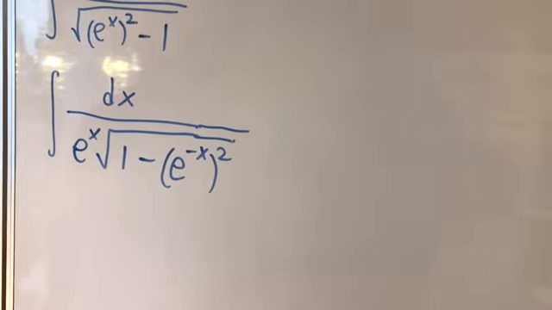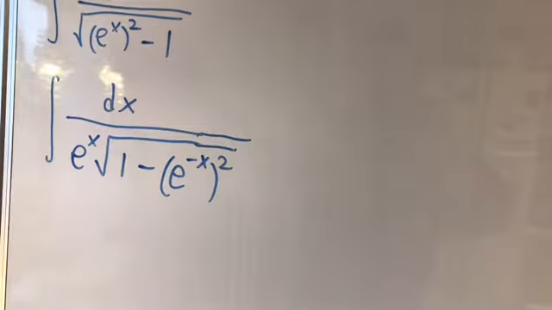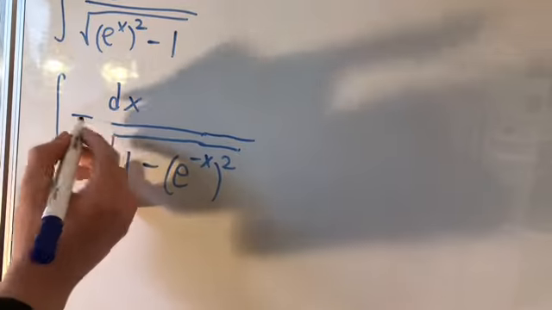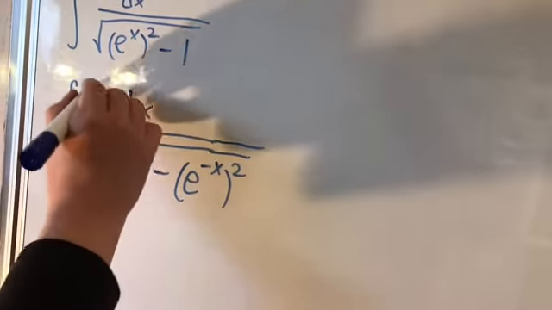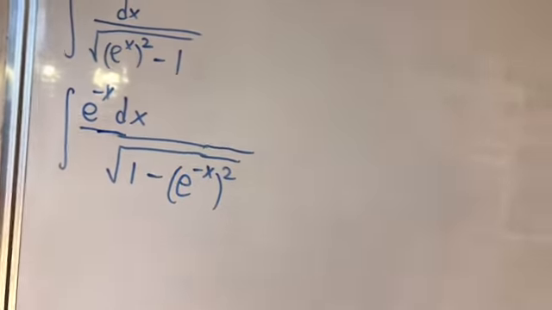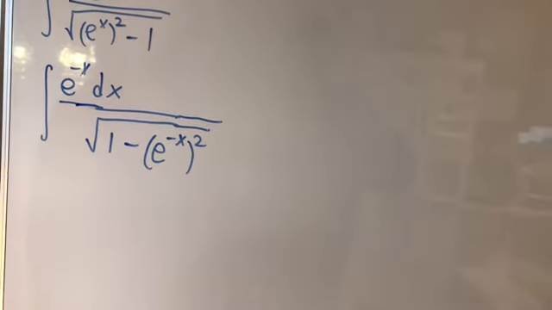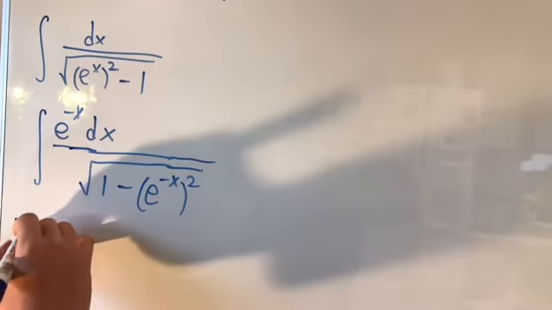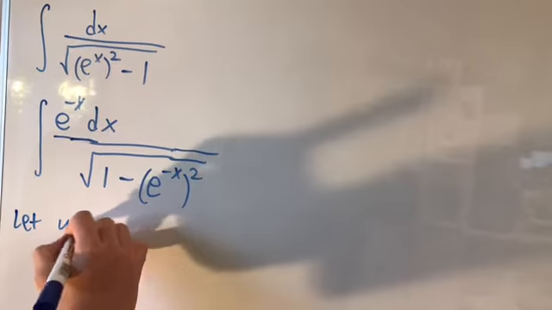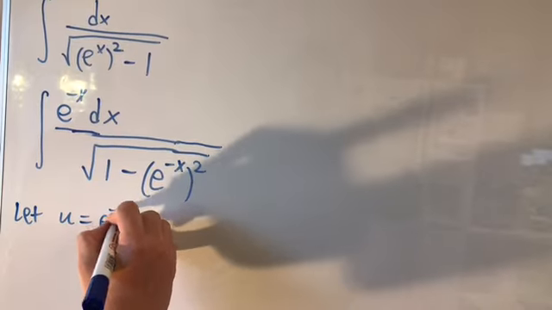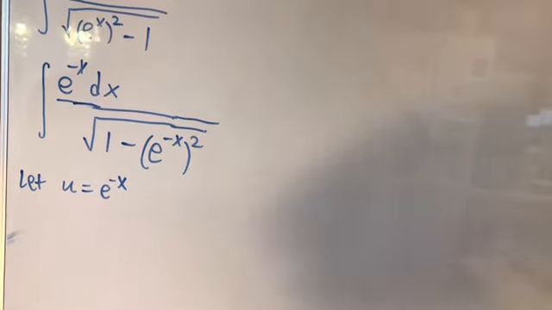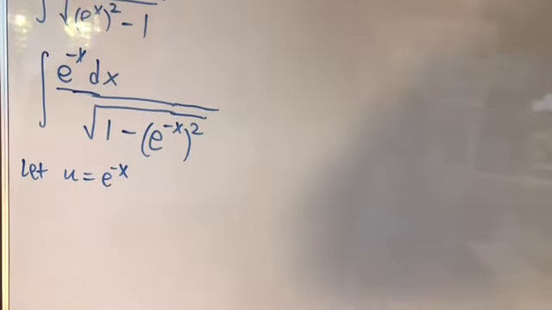Alright, now we can change it a bit, and this is perfectly valid. So let's do one substitution. Let u equal e^(-x). And well, the integral then becomes, oh wait, no. We have to do the